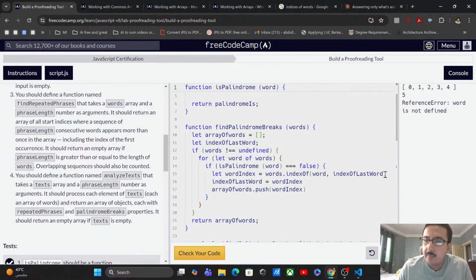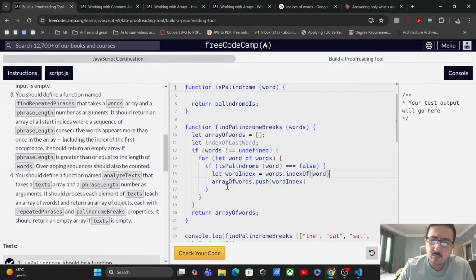And then we're gonna come here and get rid of this, because it's working in the test, so we don't need it. And we're gonna use this to give us some